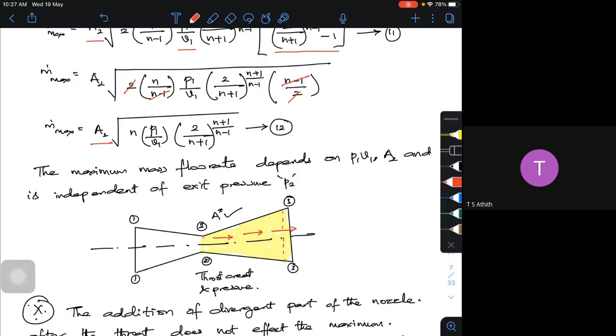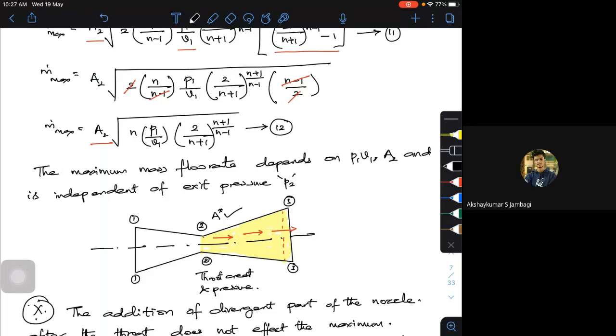Otherwise, what will happen? There are n number of reasons why, even though I do have a diverging section, how the acceleration of the velocity takes place depends on your design. At the same time, the velocity at your throat section and the mass flow rate of the working fluid, whether it's steam or gas, depend on many factors. Is that clear, Akshay?